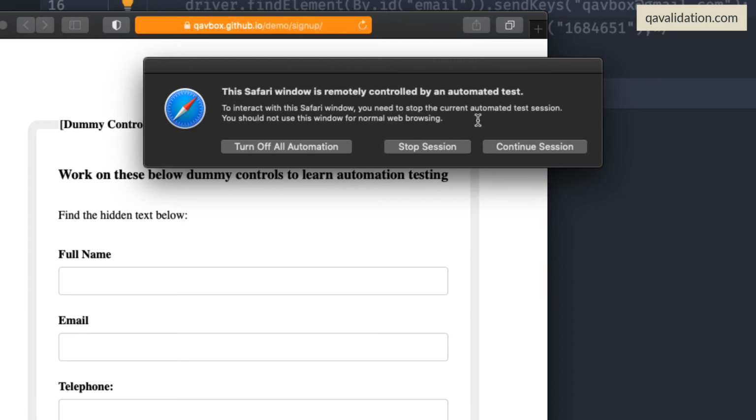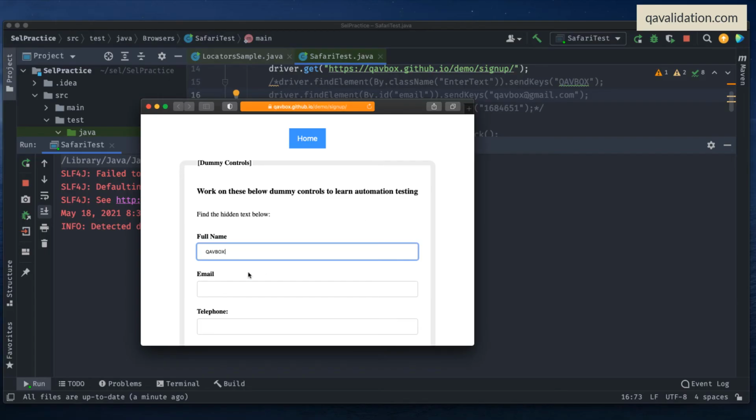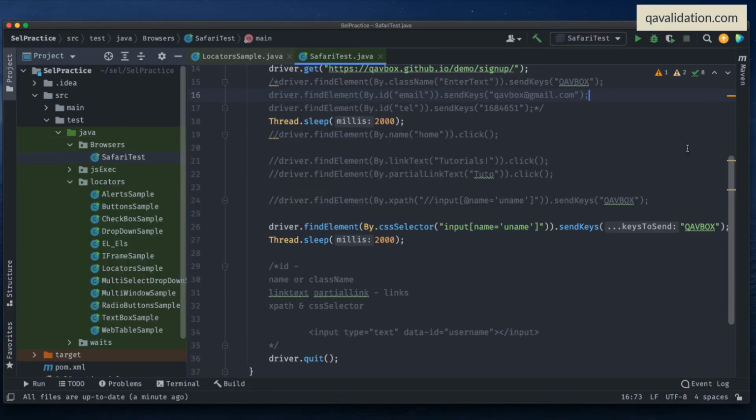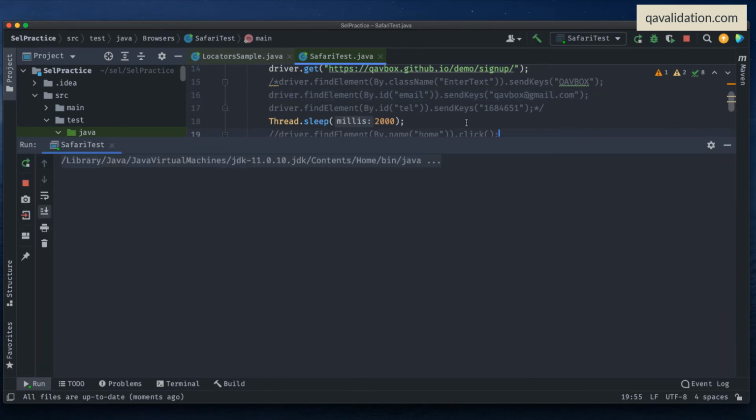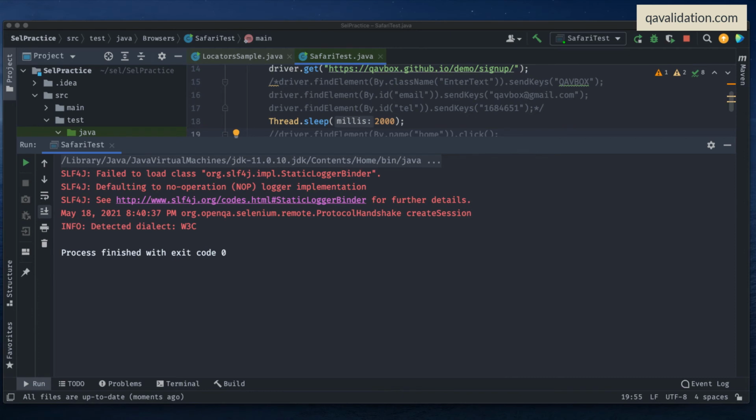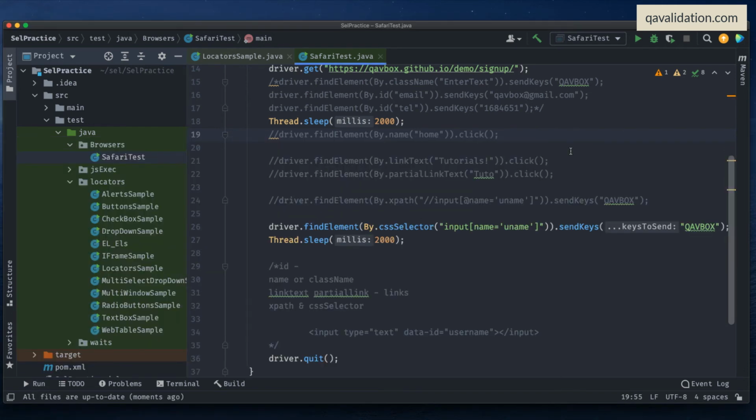So this is kind of asking you some kind of access. So for this, what we need to do at this moment, I will just click on the continue session and you can see it is printing that value and it is exiting the code. Let me rerun again. Now you can see it is working fine as expected. So for the first time, whenever you're running, if you're getting that particular error prompt, you can just use the continue,